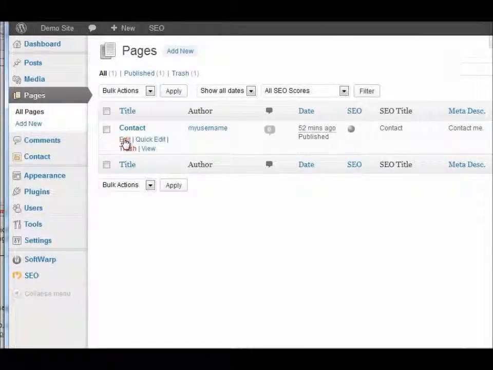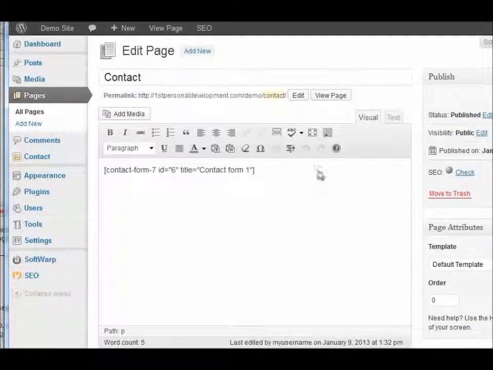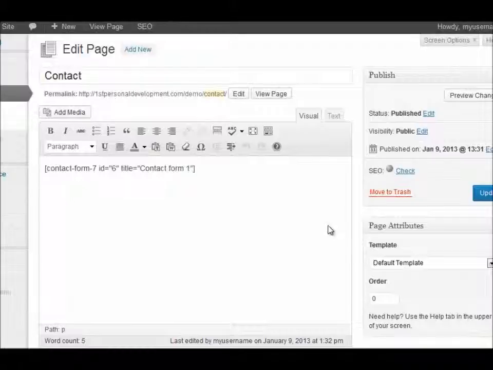and actually what I'm going to do, because I want the contact page to be around about the right hand side of the menu bar, what you can do is a little thing called order. That normally defaults to nothing and it just then goes alphabetical, but if we put that to 100 and go update,